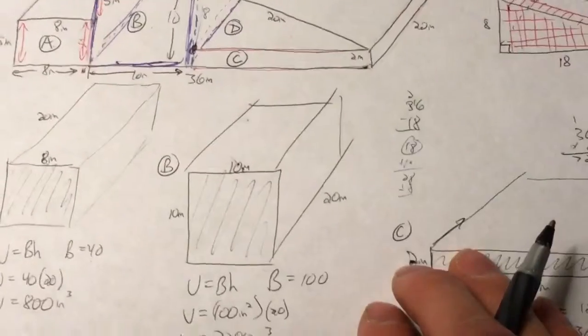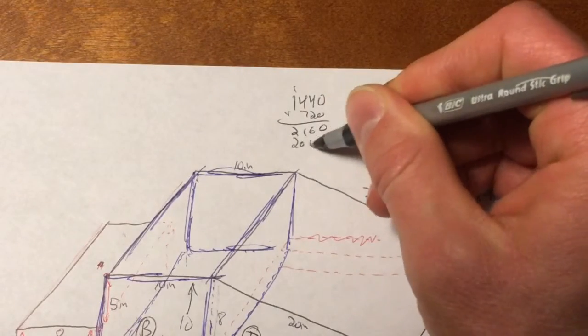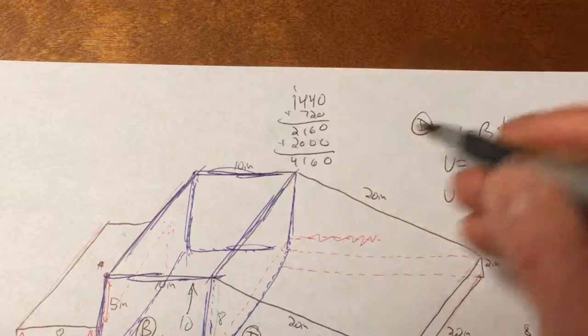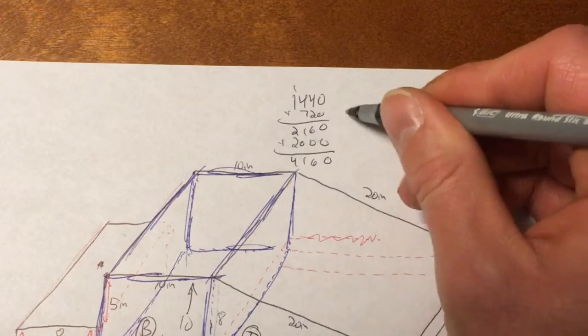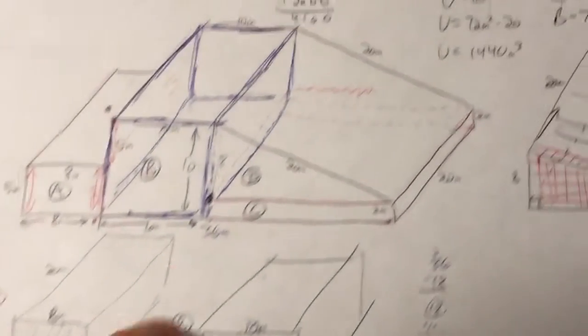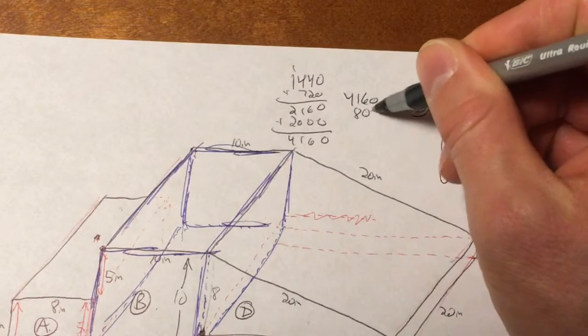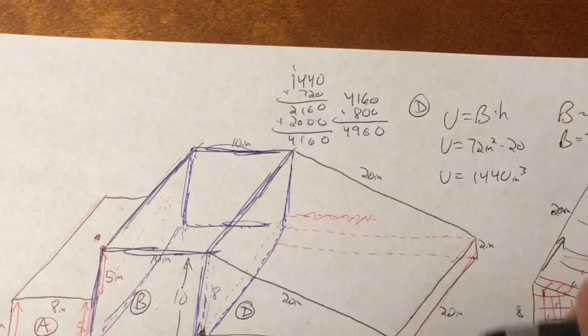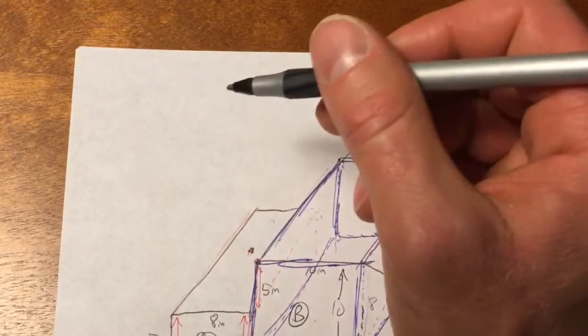Shape B is 2,000 cubic inches. So now we're at 4,160. And then shape A is 800 cubic inches. Add that on, and you get 4,960 cubic inches. And that is your answer for part A of this